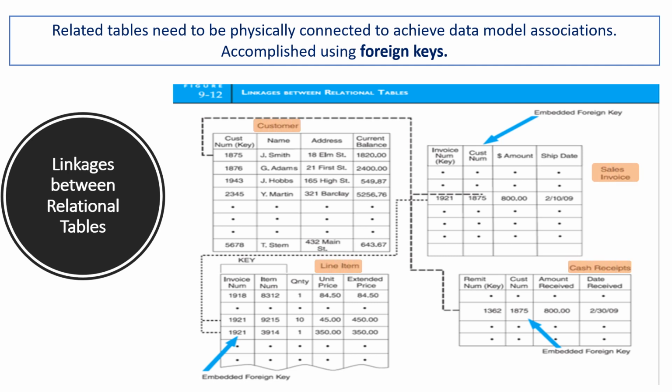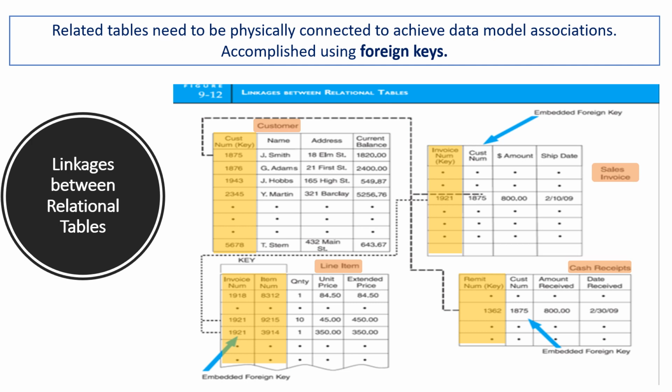Okay, so in this example we have four tables. We have the customer table, the sales invoice, the cash receipt, and the line item table, and in these tables we also have a primary key. In each table, the customer number here is the primary key, and the invoice number is the primary key here,